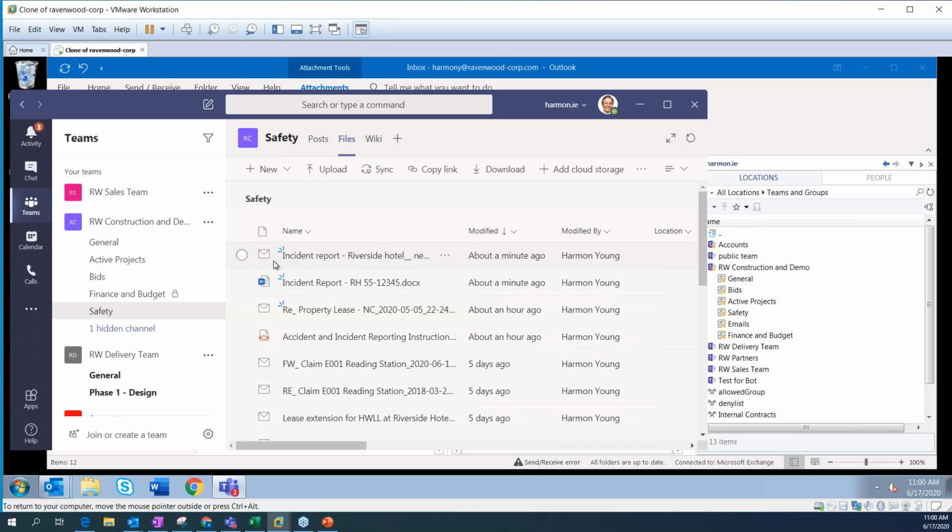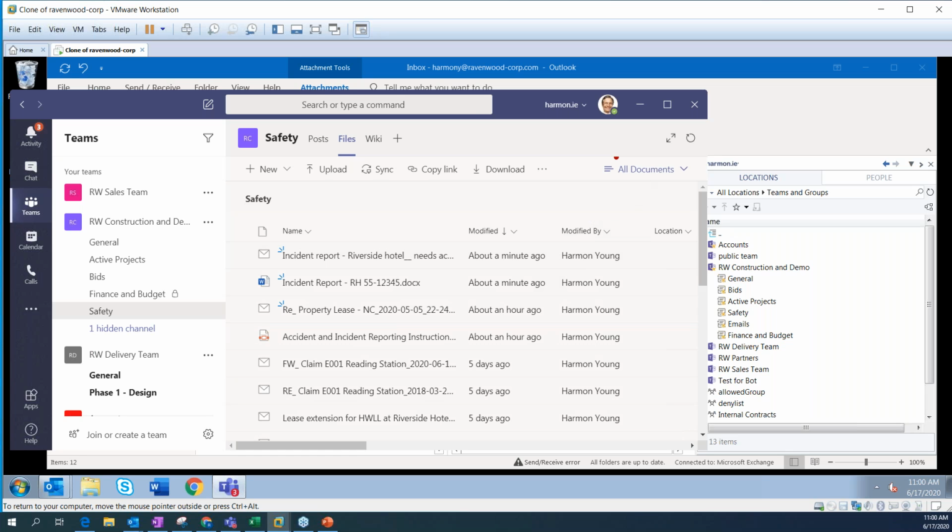So if I go in Teams, and I prefer working in Teams, I have access to that content directly in Teams. If I want to edit this, I just double click on it, view it. Same thing with the email. The nice part is, because I captured that email via Harmony, as I mentioned, which has this email header mapping capability, we extracted the header information from the email and added it to